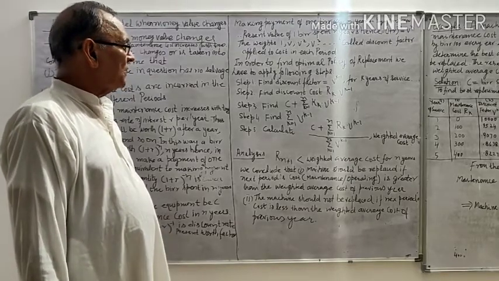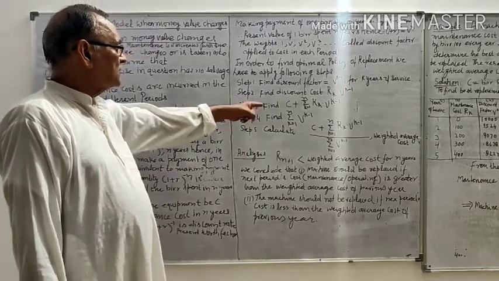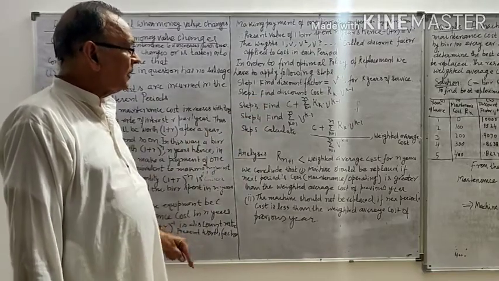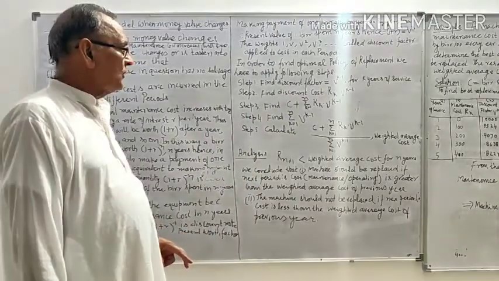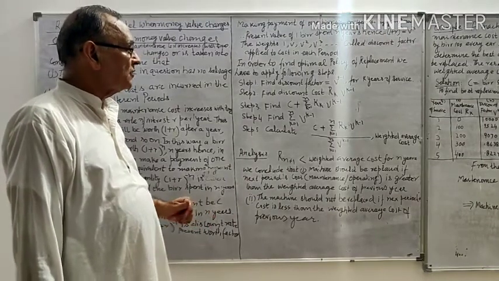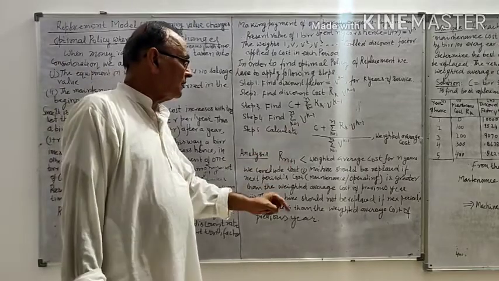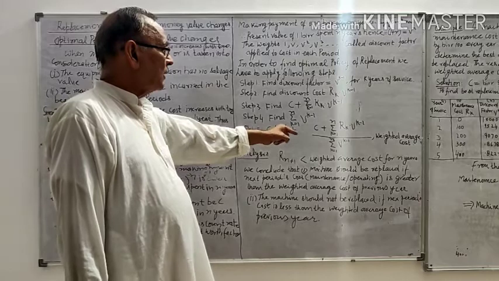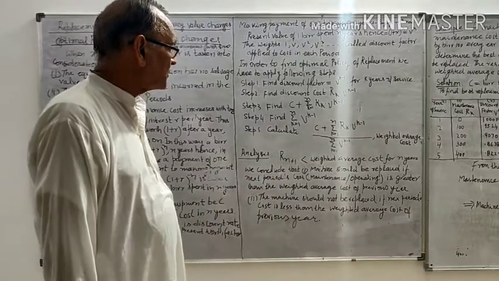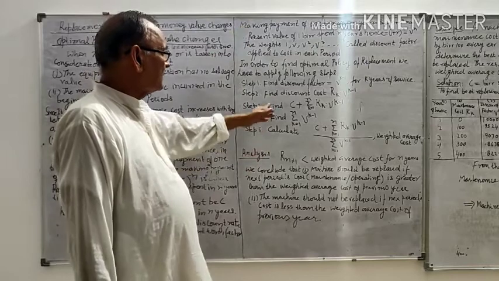Step 4, find the summation for k equal to 1 to n of V to the power k minus 1, and then we have to divide C plus the summation for k equal to 1 to n of Rk V to the power k minus 1 by the total weights. So we are finding a weighted mean, dividing by the total weights, the summation for k equal to 1 to n of V to the power k minus 1. This is 1 plus V plus V square and so on up to V raised to the power n minus 1.